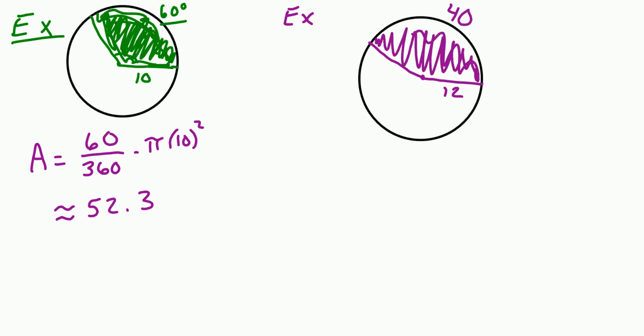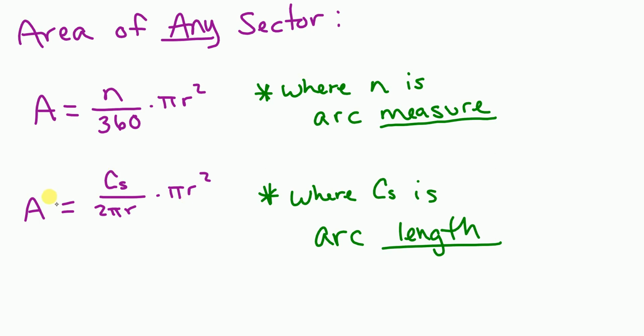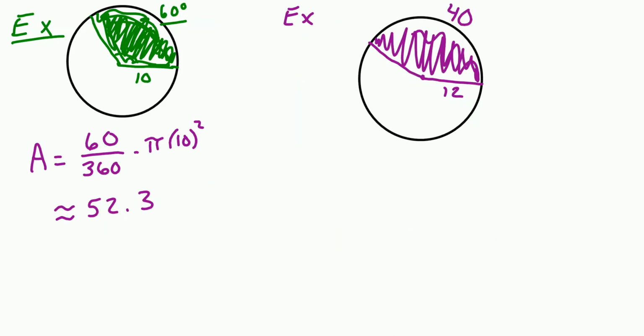So, of course, this time I was given the arc length, so that tells me that I'm going to use this second formula. So area is 40 over 2 pi r. Notice 2 pi r is the circumference. So 2 times r is 24, so 24 pi